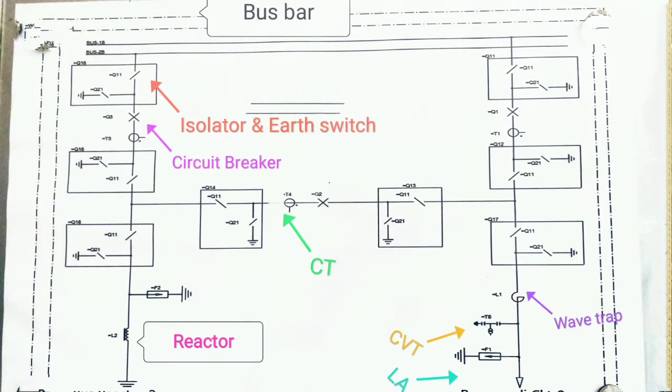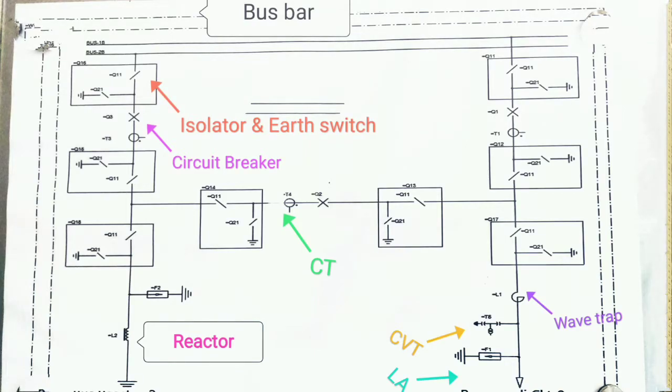the line side, as you go, the line which goes outside consists of an isolator and earth switch, which is on the right side of your diagram. Then both lines are connected by a tie bay, which consists of two isolators and a switch, and in between one CT and breaker will be there. So in such a way it makes a total bay, and the LA is connected at the end of your line, and as you see a wave trap and also a CVT circuit will be connected with the line.